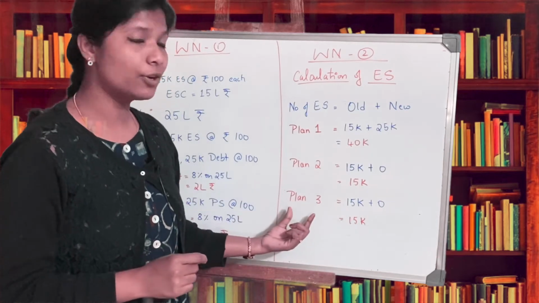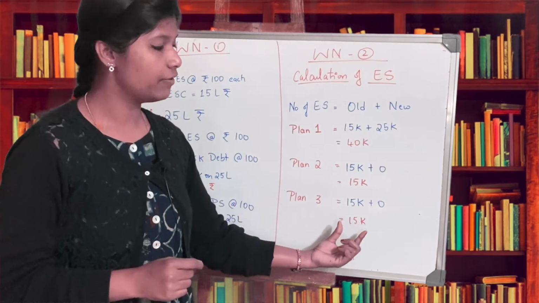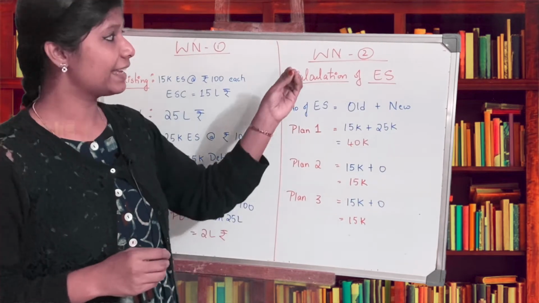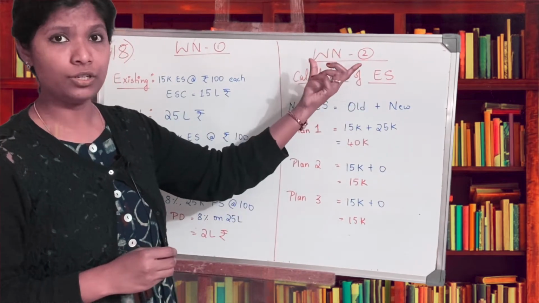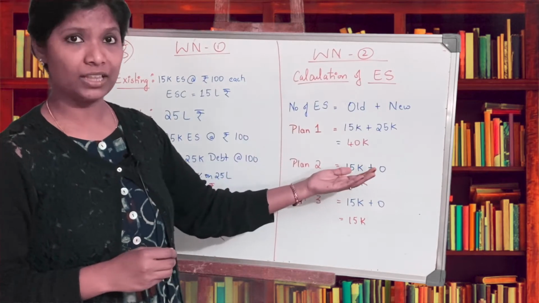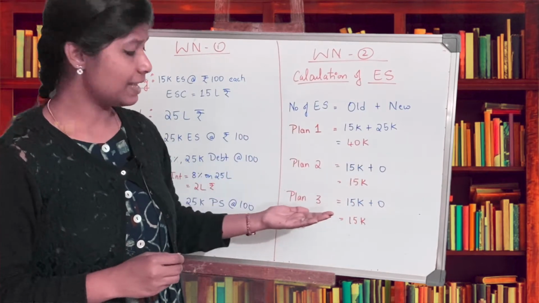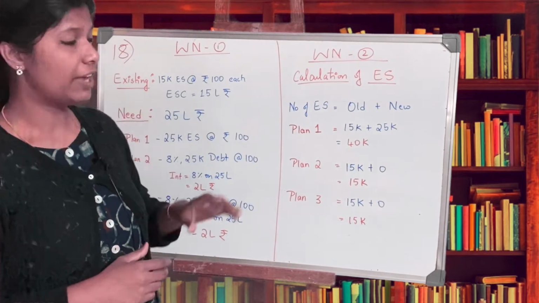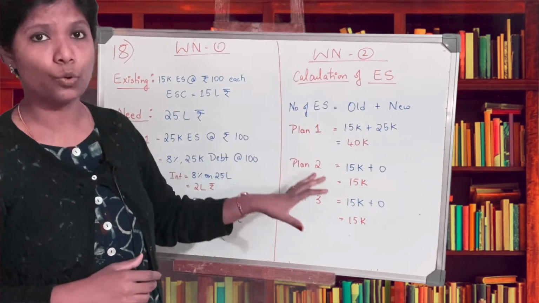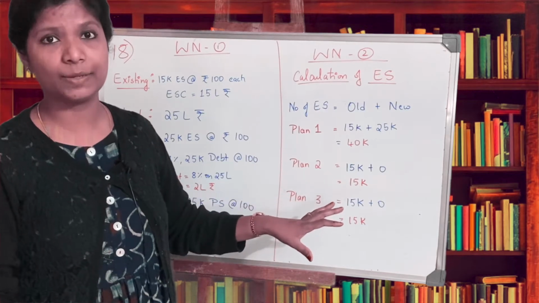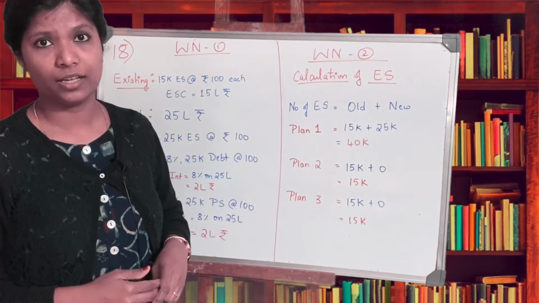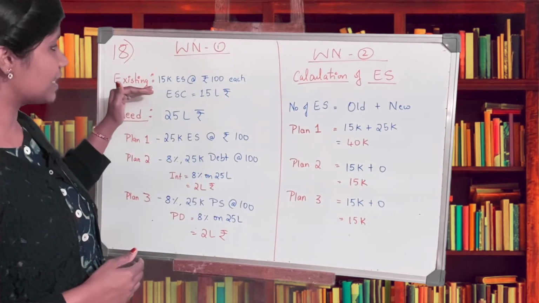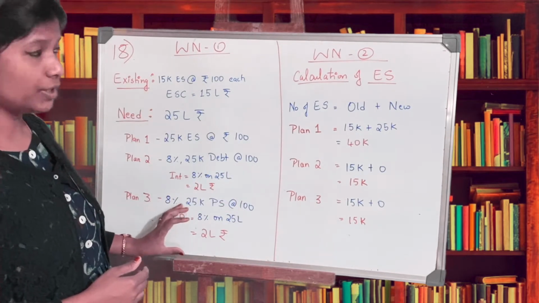So total number of equity shares under plan 3 is 15,000 equity shares. Hope you have understood. Calculation of equity shares, working note 2. Plan 1 40,000, plan 2 15,000, plan 3 is again 15,000 equity shares. If you have understood the basic working note, the solving of the income statement is very easy. Okay, so please take a look at it and please go through the existing capital, the needed capital, and the